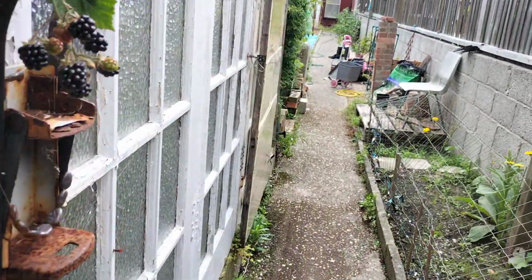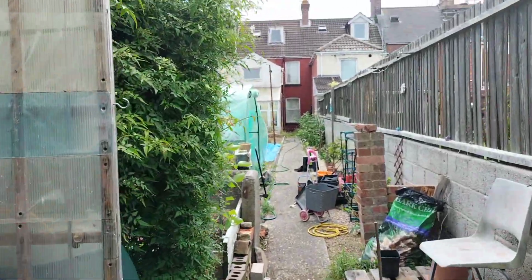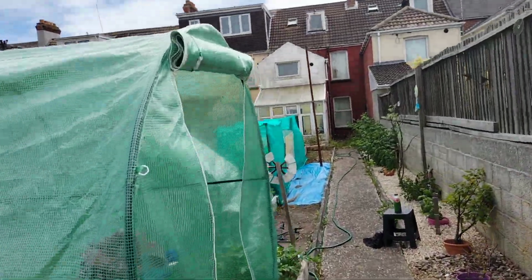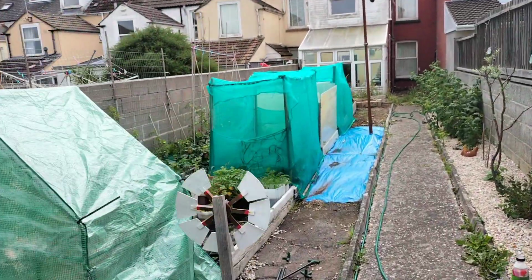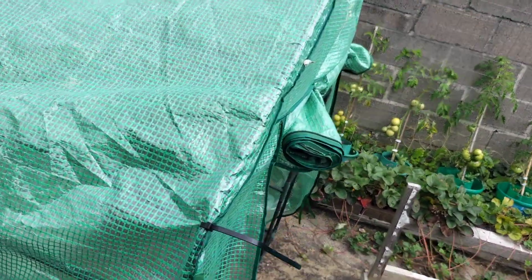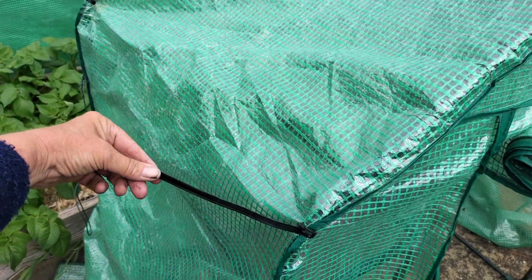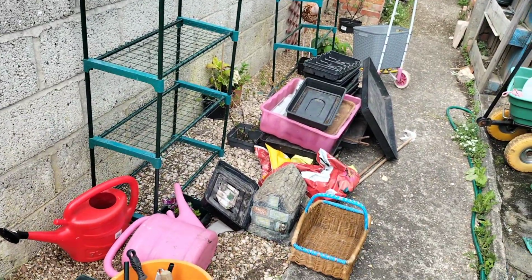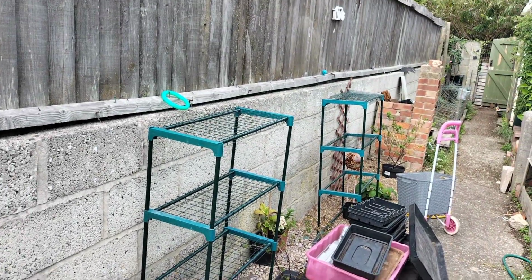Okay. Right. I forgot what I said last time I switched the camera on. But yes, it's down to size now. I'm just putting the cover on. It's got holes in it already. It's old. So I'm just putting these zip ties on just to hold it in place. And then I shall put it in the greenhouse. Like I said, I'll cut the bottom off. I mean, it's way, way too long. But that's okay. I've got all that to sort out. I'm going to have to take... oh, one of them